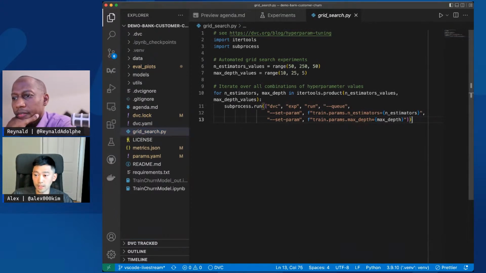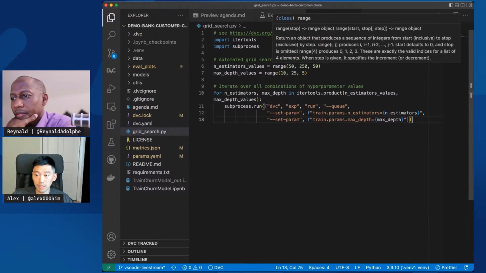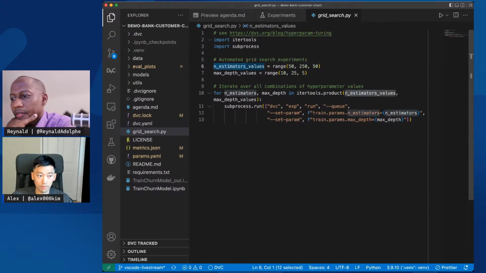What it does is try many different values for the number of estimators and the maximum depth of decision trees. The number of estimators will have values of 50, 100, 150, and 200, and maximum depth will go 10, 15, and 20. So this essentially creates a two-dimensional grid of values that I can explore in my model.